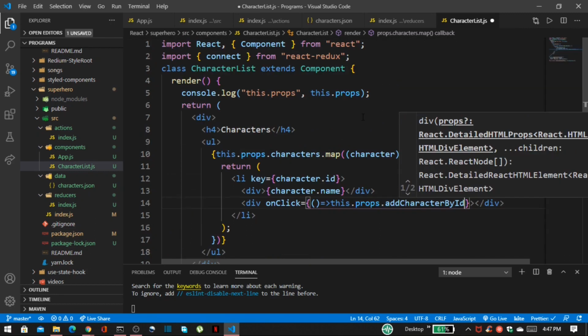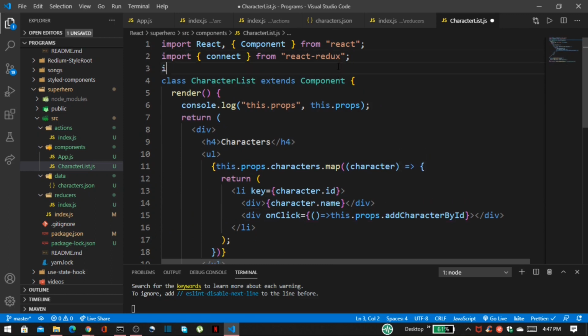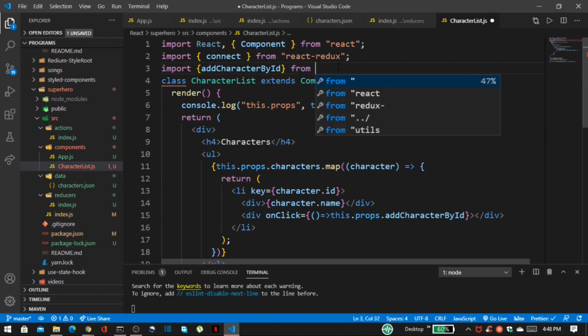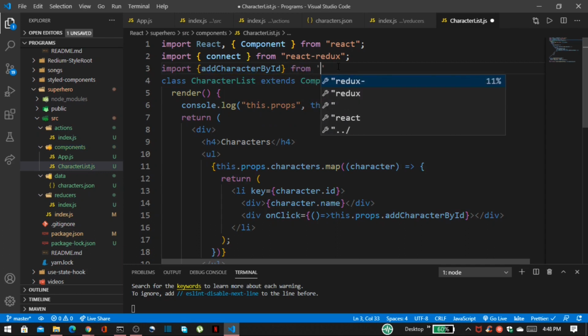So first we have to import this. So import addCharacterById from our actions.